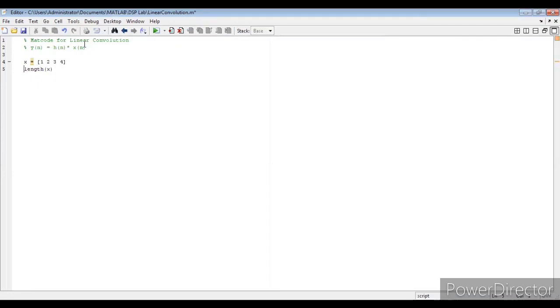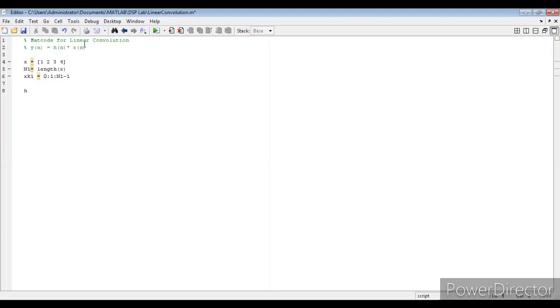So we use the name n1 is equal to length of x. Next, k1 to have the index value 0 colon 1 colon n1 minus 1. Now these three lines are for the respective x value.